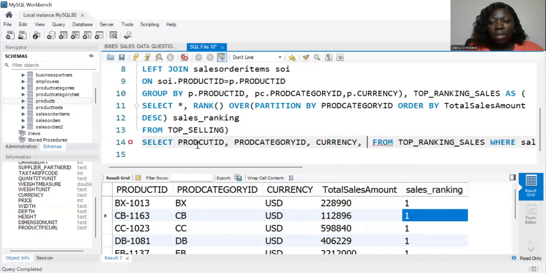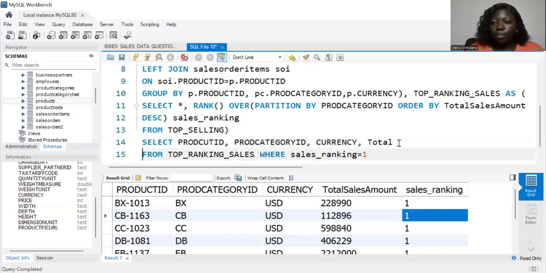And we need the total sales. I said maybe no, we need total sales. It's not about maybe, we need total sales. All right, we don't need the sales ranking. As I said,